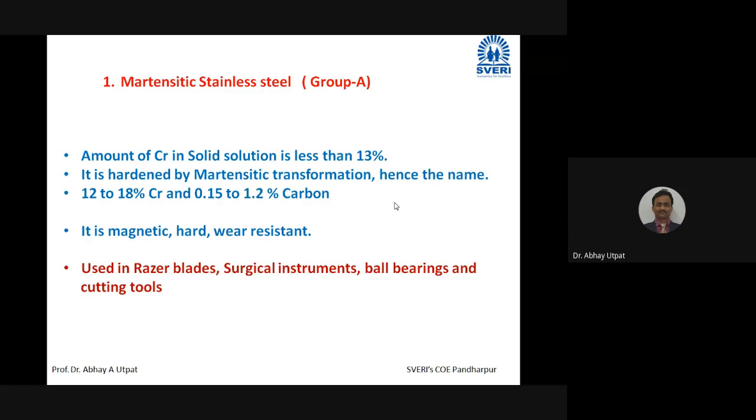So you have alpha plus P in the microstructure, which means you have pure BCC, that is alpha, plus a mixture of BCC plus orthorhombic, that is pearlite. So this pure BCC and BCC plus orthorhombic mixture is called alpha plus P. I want to convert it into martensite, which means I want to change it into another crystal structure.